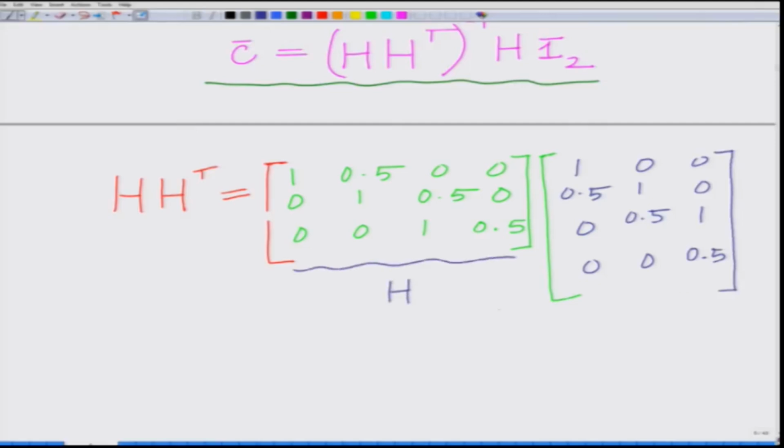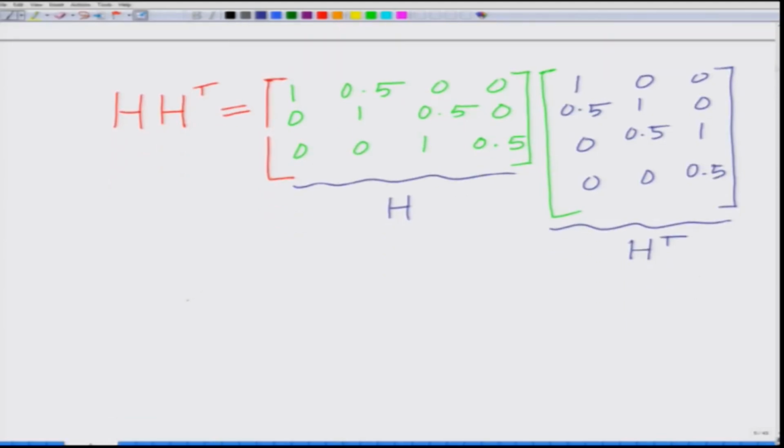This is my matrix H, this is my matrix H transpose, and you can evaluate this and see H H transpose is given as